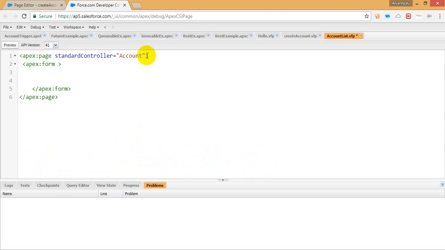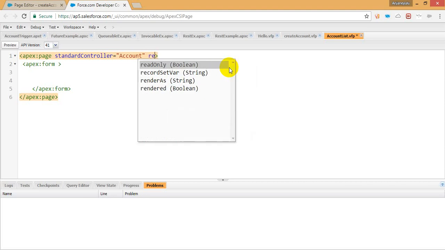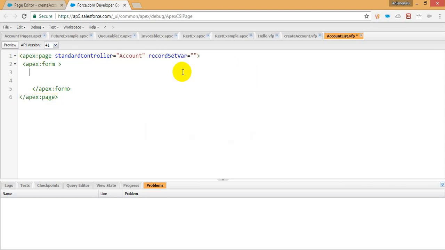So when you are using the standard list controller, you have to use the same standard controller. Then finally, you have to set a recordSetVar. This is called, you can give your own name. What will the standard list controller give? The standard list controller will give